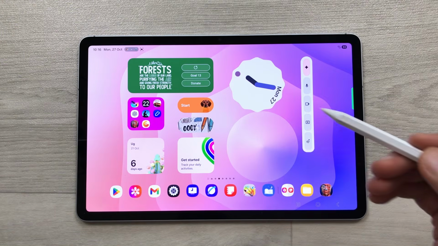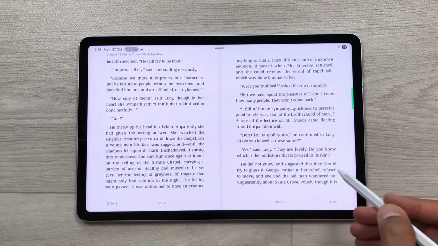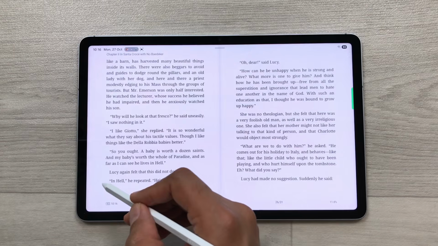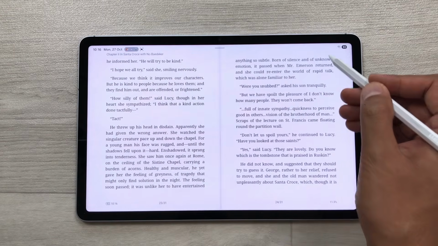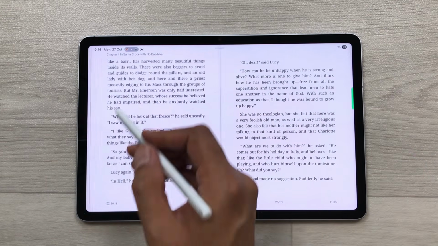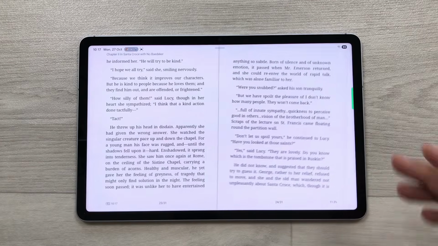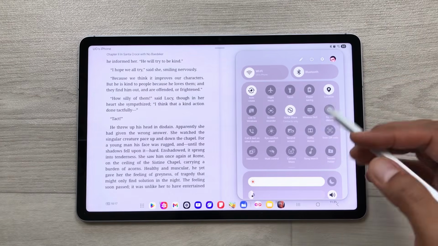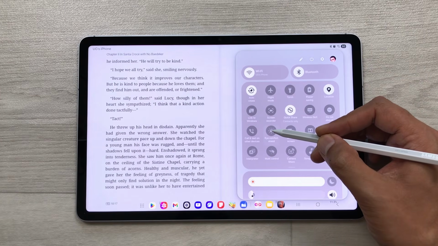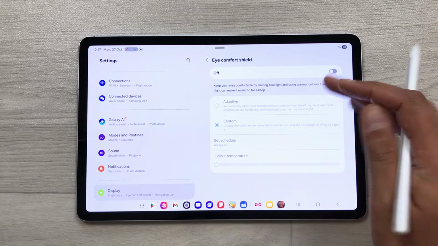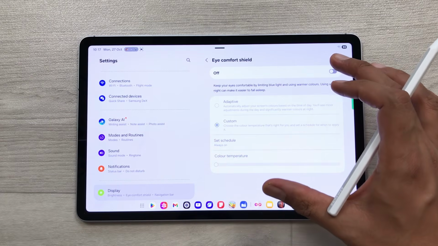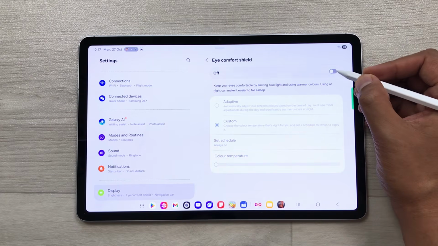The next feature is about eye comfort shield. So for example, if you want to read for a longer period of time, you can use eye comfort shield option. What you have to do, first of all, you have to bring down this quick settings panel, and then from here you have to press and hold this eye comfort shield option. It will open eye comfort shield settings. First of all, you have to turn